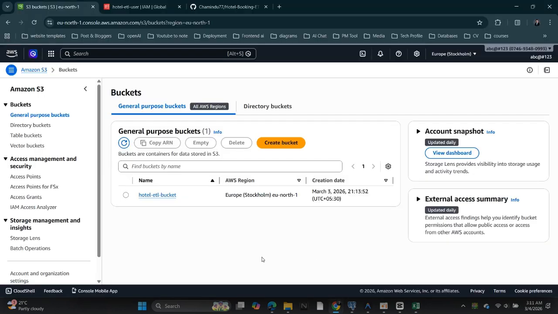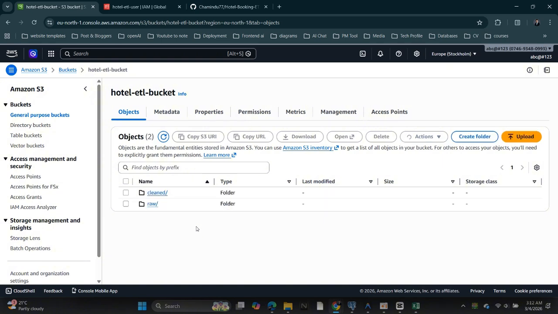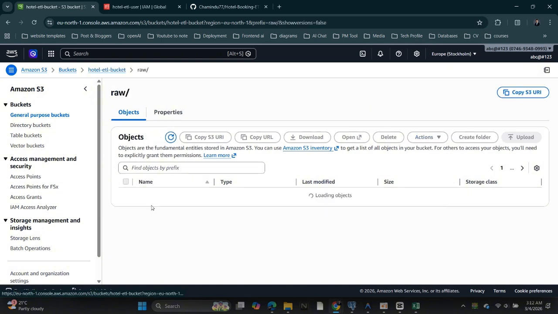Let me show the S3 integration. I will open the AWS console. Here is the S3 bucket. You can see two folders, raw and cleaned. The raw file was uploaded before the transformation happened.